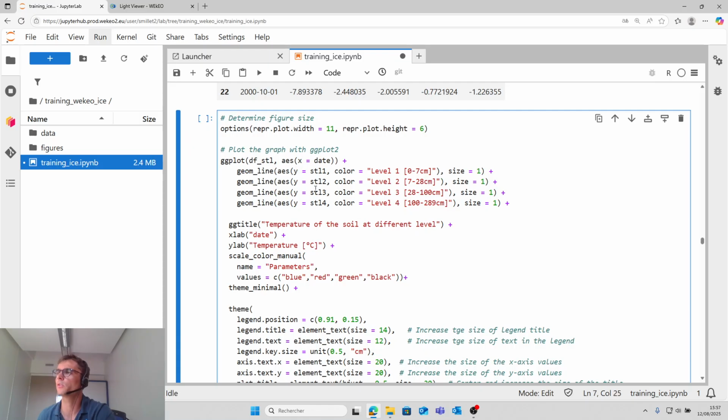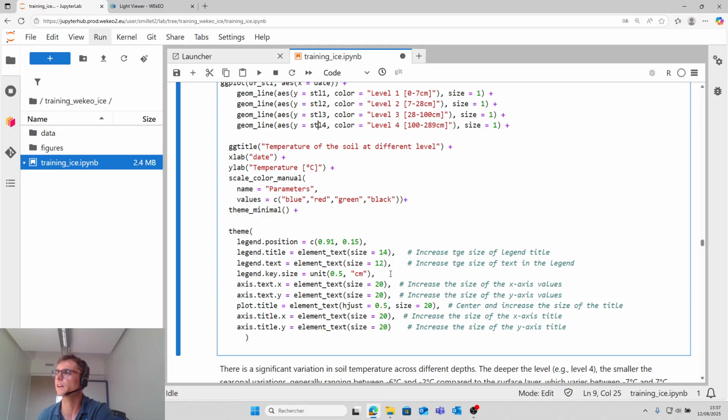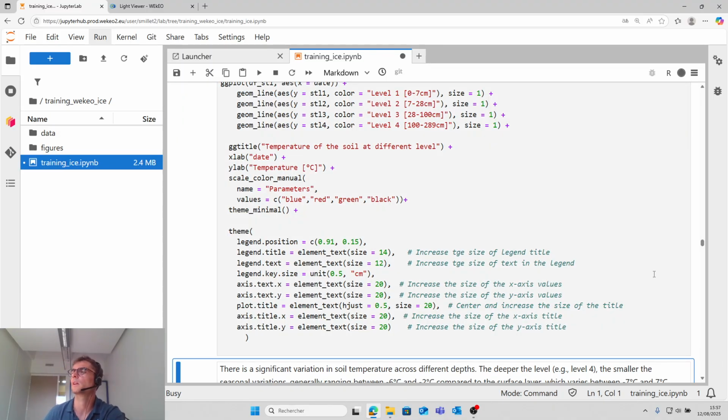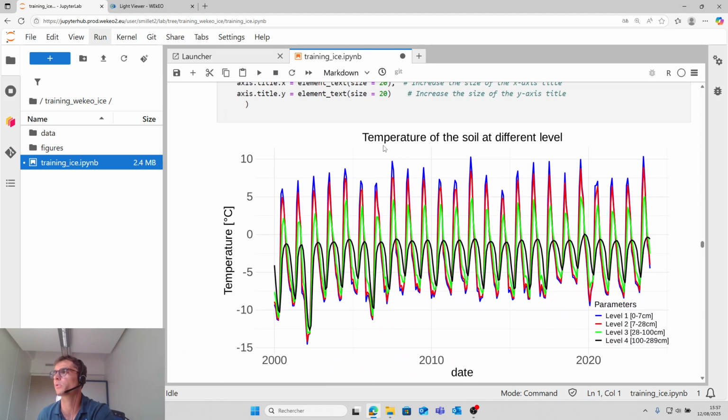The second level, the third level, and the fourth level, and you have different levels of the temperature here. Then we put the title and text size in the aesthetic option. And we can see here the temperature of the soil at different levels. So in blue it is the first level, and black it is the last level.